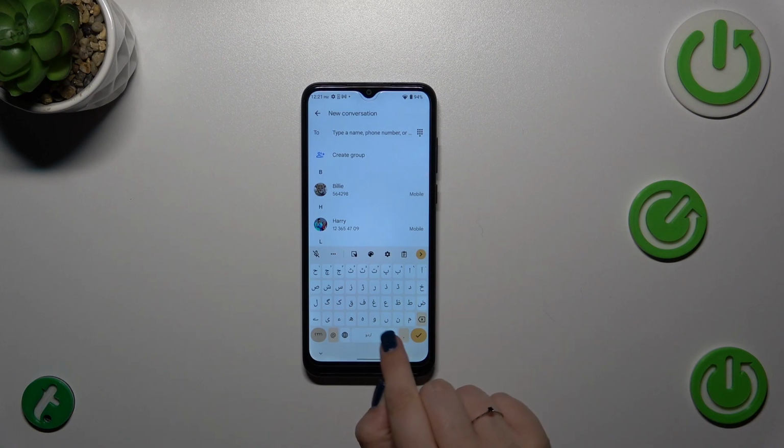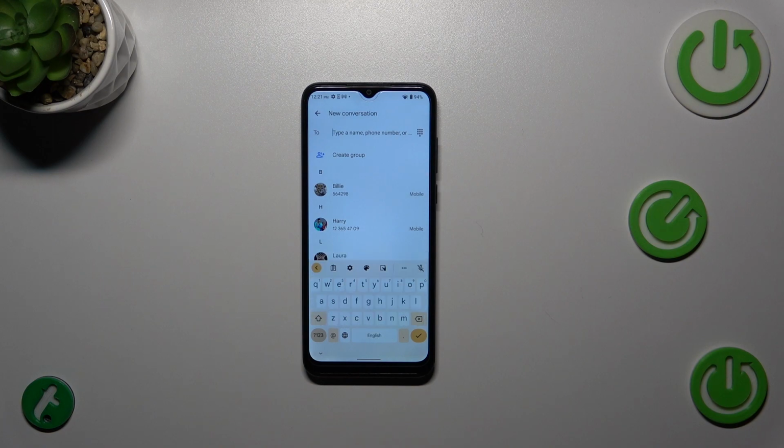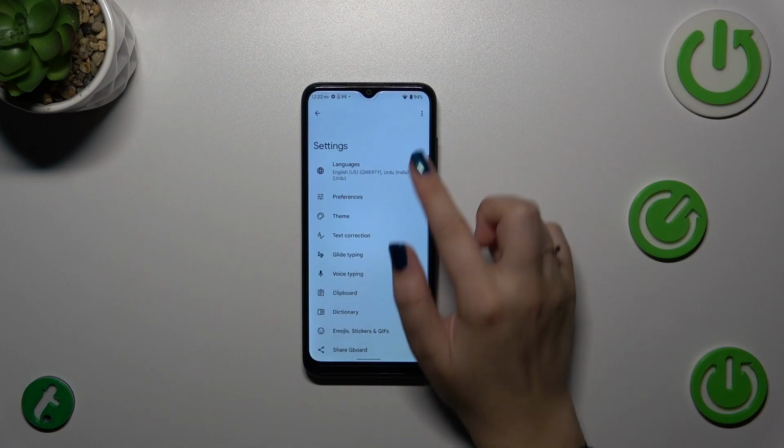What is more, on the spacebar we've got the name of the language we're currently using, so we can always check, because sometimes the layouts are really similar to each other, even though they are from different languages, so you can always check which layout you've got currently applied. So, as I said, this is how to add 2 languages,